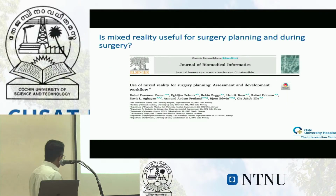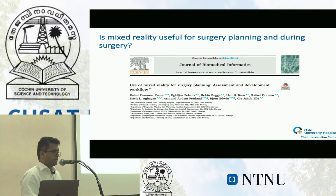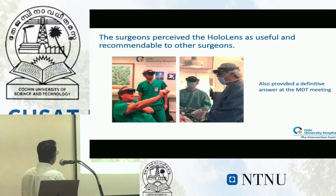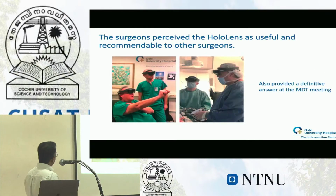Another one is that we tried taking it into planning and during surgery as well. After surgery, we asked the surgeons qualitatively how good they felt about it, whether it was useful, whether it was cumbersome to use. What we found was that they perceived it to be very useful. That was obvious, but we wanted to actually record it. They also said, yes, I'm going to recommend it to other people. And it was found to be very useful for MDT meetings,